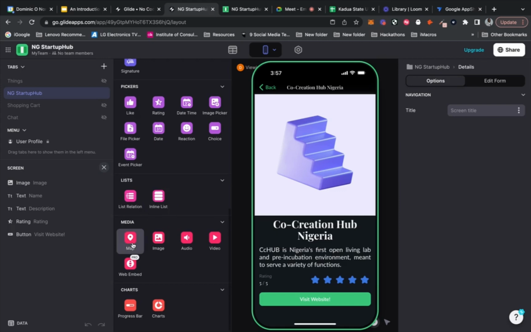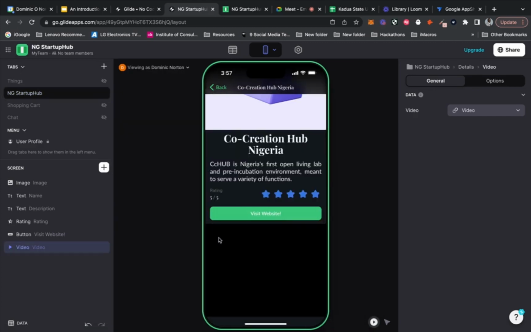We can display maps, images, audio, video, websites, charts, progress bars, if you want to create some kind of habit tracker, if you want people to track workouts or to track whether someone's smoking or not, I don't know. But we're going to add the video just to show you what this looks like. And we mapped it to video.